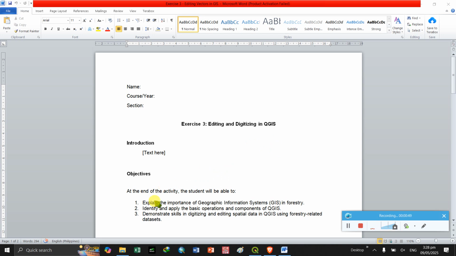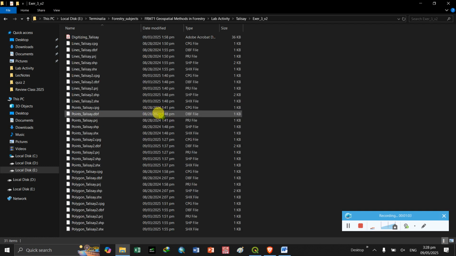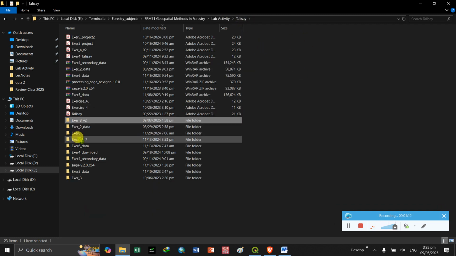Before we start, I need you to create a new folder with the folder name exercise 3, as we will save our different shapefiles or vector data in this folder.